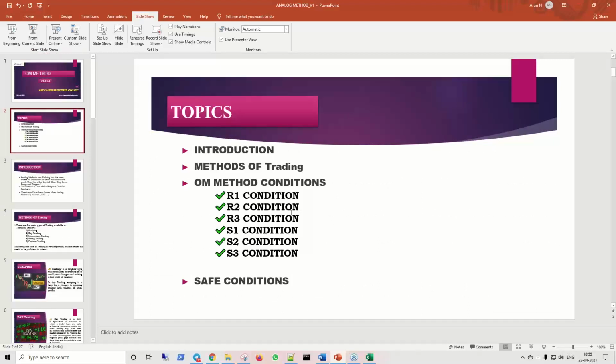So R1 condition, R2 condition, this is nothing but if in case R1 fails, we are going to short at R2. If in case R2 fails, we are going to short at R3. When I say fails, if in case there is a green candle at R1, straight away goes to R2. Again, there is a green candle at R2. Don't enter into R2 until otherwise you get a red candle. If in case there is no red candle at R2, it straight away goes to R3. Wait for red candle at R3. Afterwards, you can enter. If the open is beyond R3 or S3, you can just ignore that particular trade. Fine.